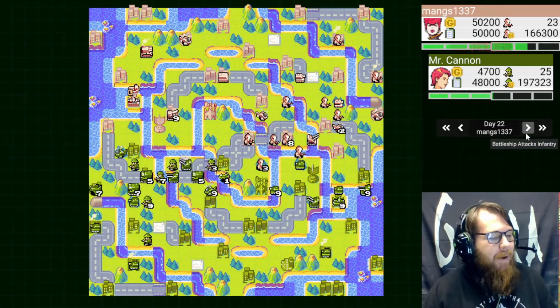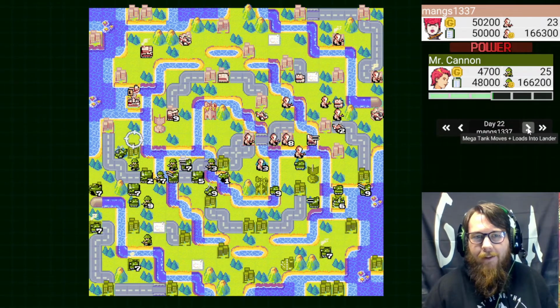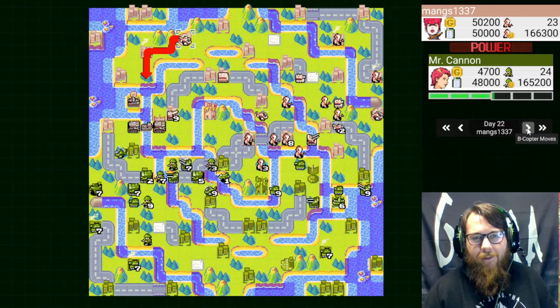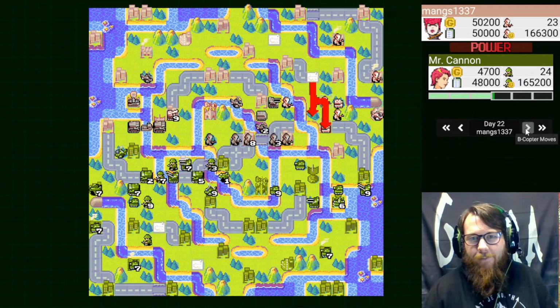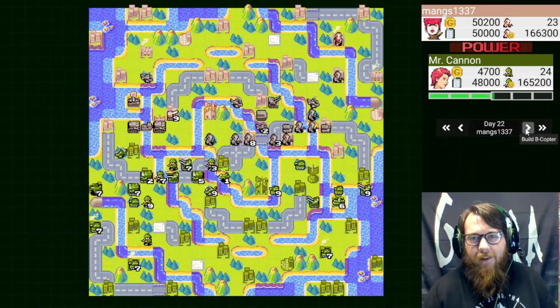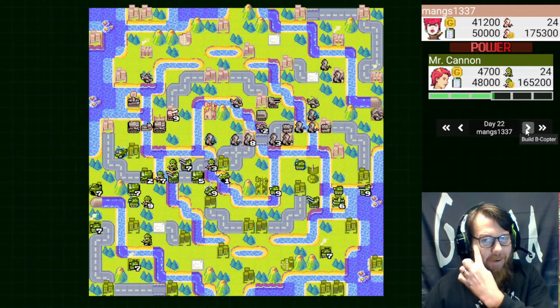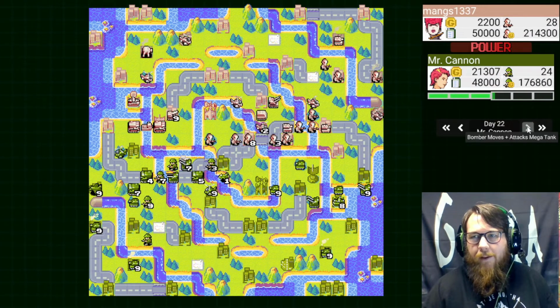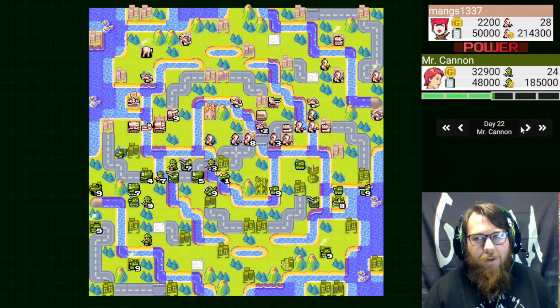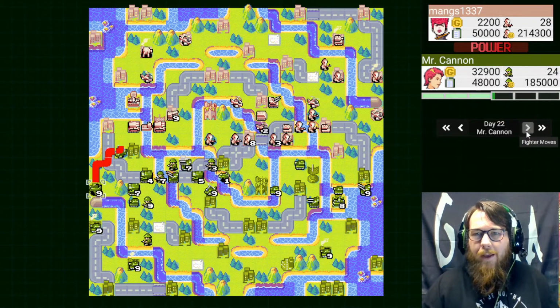But then I just get hit by another Urban Blight. There goes all my funds. Double MegaTank drop in the front lines. This is some terrifying stuff. Alright, so Mangs just shimmies all his units around. Starts building Neo Tanks. Can't quite get the MegaTanks on the field this turn, but Neo Tanks are still incredibly